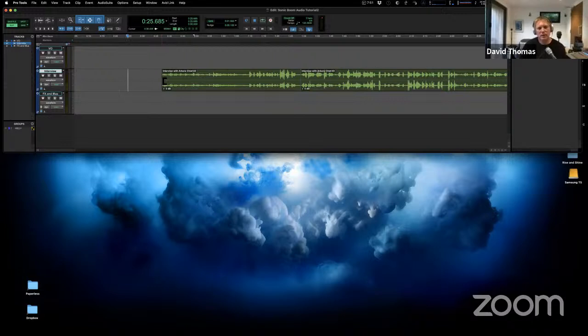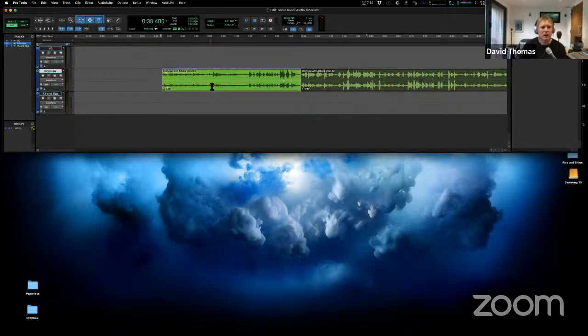So I'm purposely at the moment not going to these bottom corners or top corners, because that's another little thing which we'll come to in a minute. But basically, once you're in the multi-tool mode, if you think the bottom half is a grabber, the top half is a selector. So what that means is, without changing your tools, you can grab something, and as long as you're in slip, move it wherever you want,